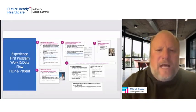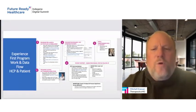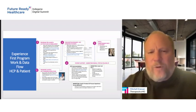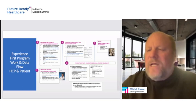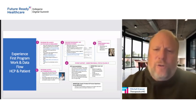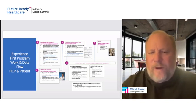So going on to the next slide, once we had all that information, what is it that we did with it? Well, first is we helped the reps determine what 10 doctors they were going to micro-target at launch. And we reviewed this data and rationale with them and the managers to get buy-in of what they wanted to do. The next thing we did, and this diagram shows what we called our Experience First program, which